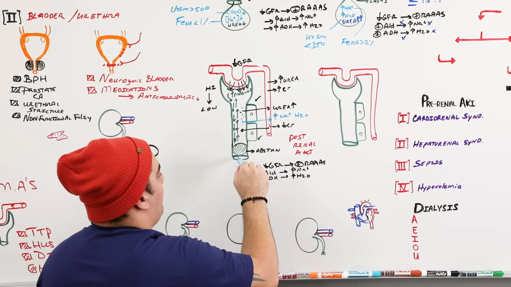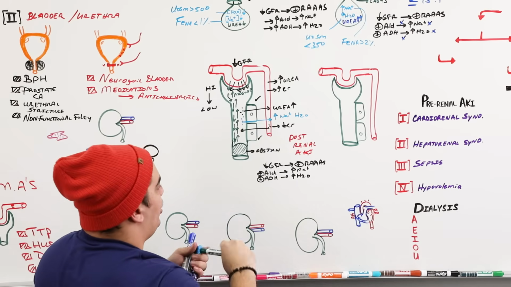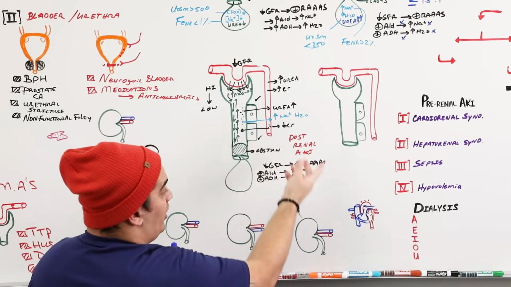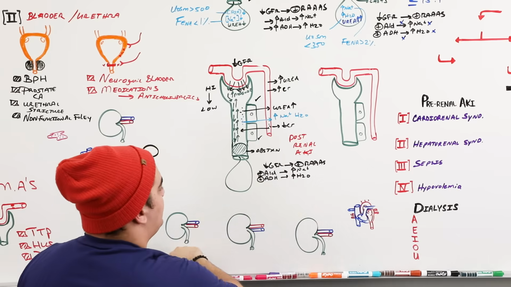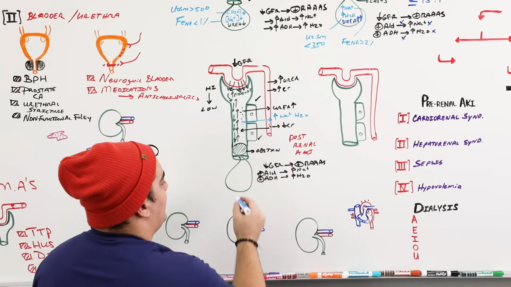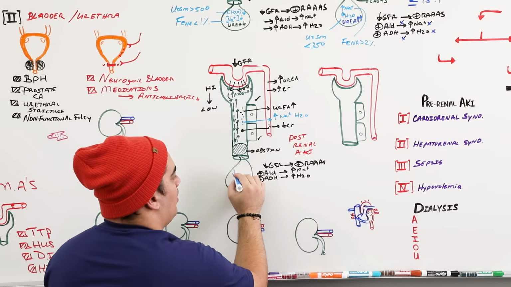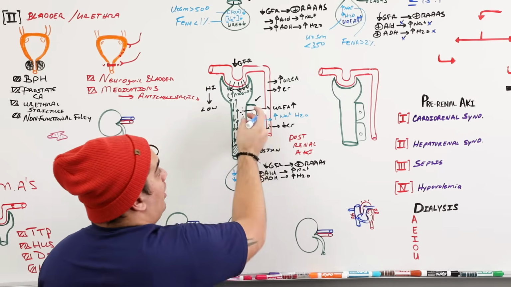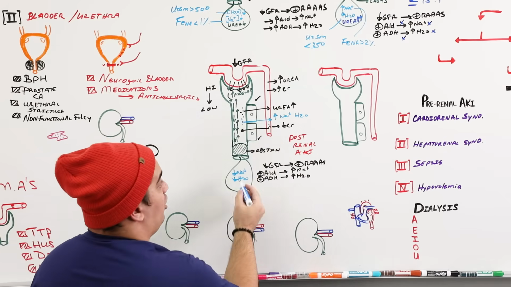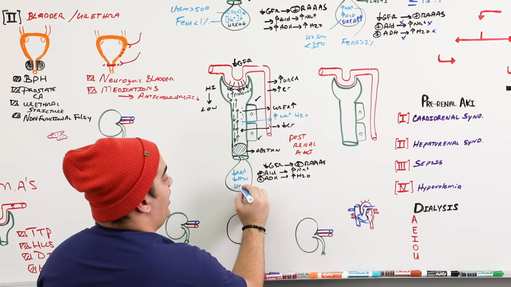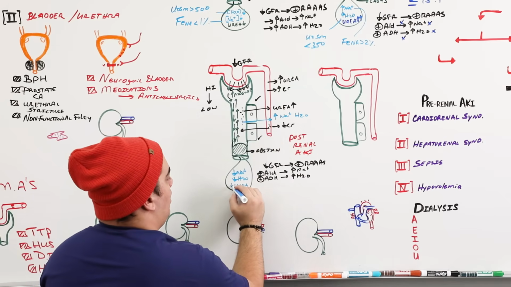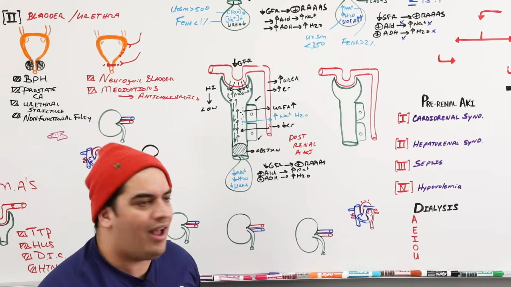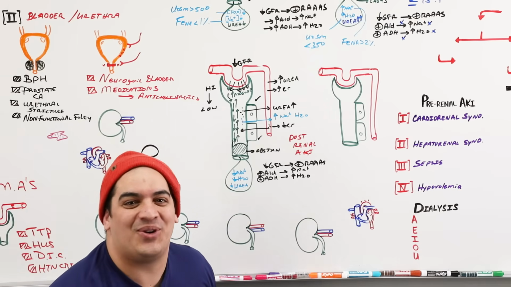And so because of that, if you actually look at the urine, guess what? You'll reabsorb, as long as this is present, you'll reabsorb sodium and water. And so what happens to the amount of sodium and water that's actually present within the urine? It's low. Low sodium, low water. You're able to reabsorb urea, so what happens to the urea concentration? The urea's low. This should look familiar, doesn't it? It looks just like pre-renal AKI. That's what I want you to remember.